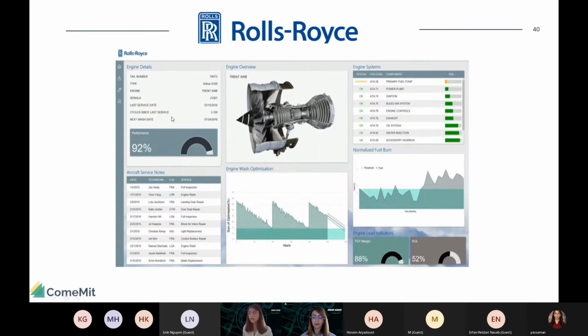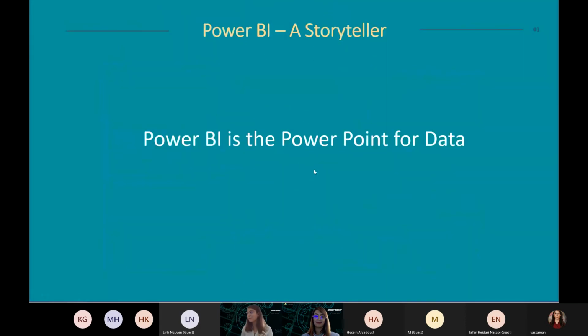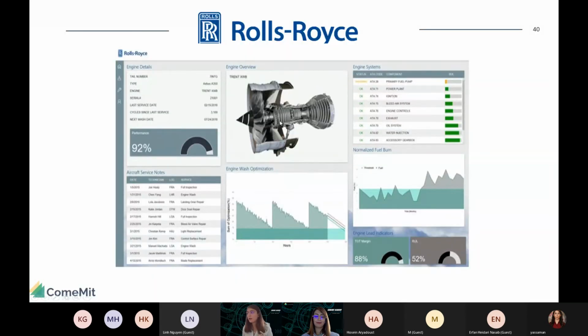And this is actually one of the custom visuals that I told you about before. These are custom visuals designed by Rolls-Royce data scientists for Power BI, and the different parts of this airplane engine, the different colors of this airplane engine, will change depending on the filtering on this page.